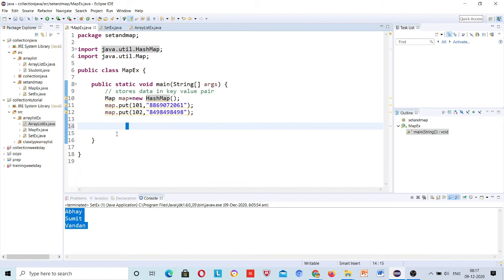Okay, that's why we need to convert this key-value pair into the indexing concept. Internally it will happen through the key set method.